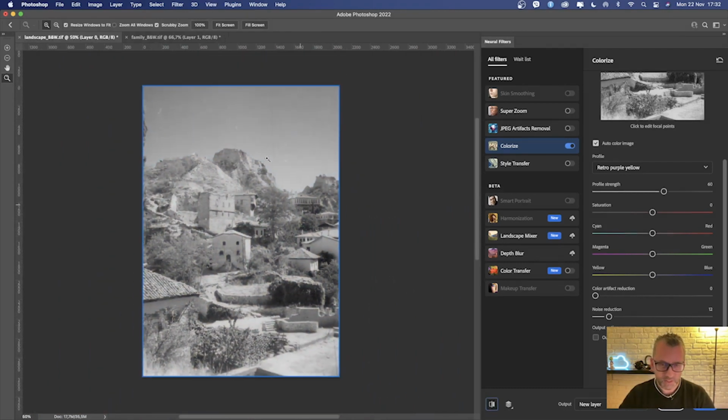Yeah, actually it's a pretty good result. I'm impressed. I'm going to save these two files and we'll compare them with the other filters and plugins I'm going to test. Not all of them are based on Photoshop, some are separate applications, but let's see what each one of them can do.